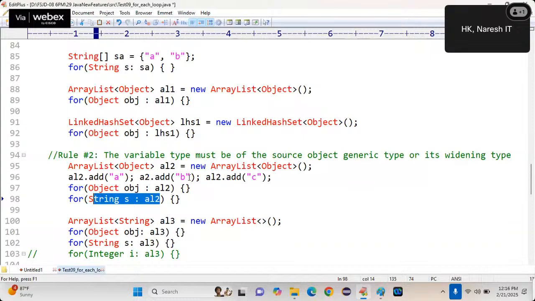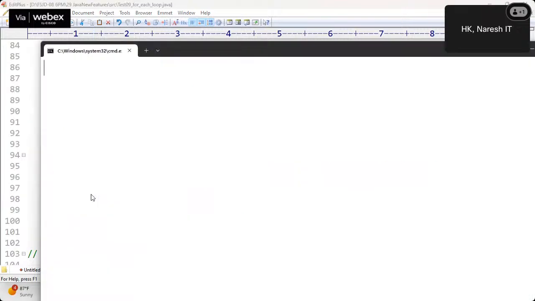How is it possible to take strings from array list as a string type? Not possible, because while storing string object, you have stored as what? Object type. Means you did what? Upcasting. When you did upcasting and retrieving, can you retrieve objects in their original type? No. They are coming out as what? Object type. So, is it possible to assign array list to string type variable here? No. Compiler throws error.